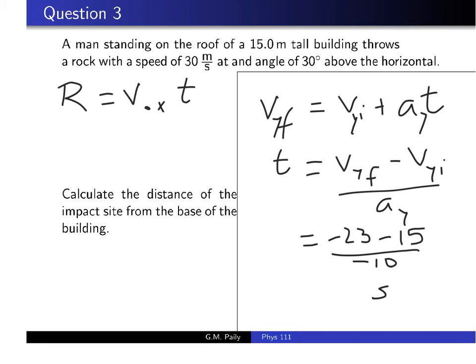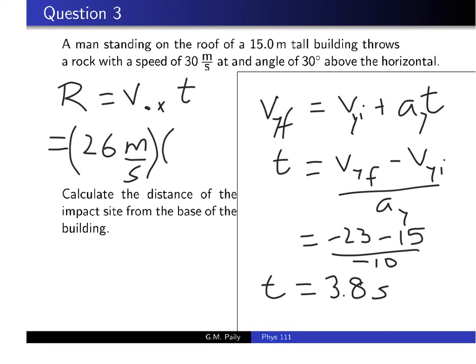And so, the range would be given by 26 meters per second times 3.8 seconds. This gives us a range of 99 meters. And so the horizontal range covered, that is the distance of the impact site from the base of the building,